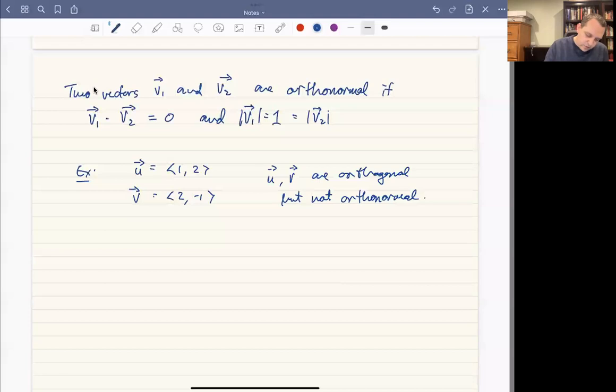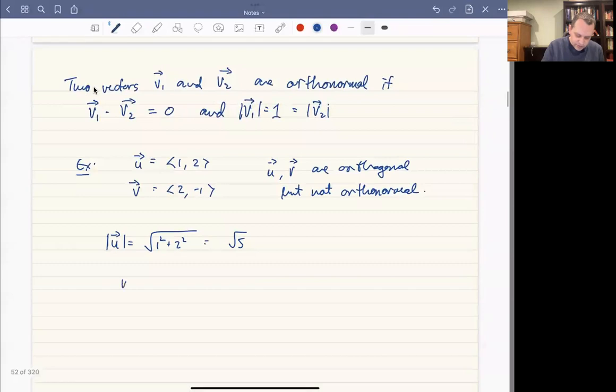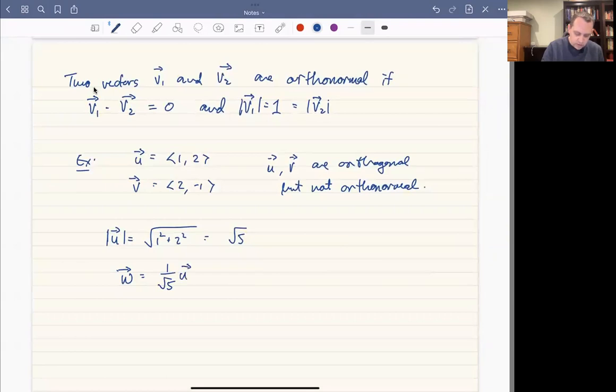Okay, and so if you wanted to scale them and make them unit length, how could you do that? Well, it's very easy. What you do is you take a vector and you divide by its length so that it's going to have length 1. So for example, the length of u is the square root of 1 squared plus 2 squared. So that's the square root of 5. And therefore, if I were to look at the vector, let's call it w, which is 1 over square root of 5 times u, think about how the magnitude of that vector would be computed. You could do this in one of a few ways, but I think the easiest is